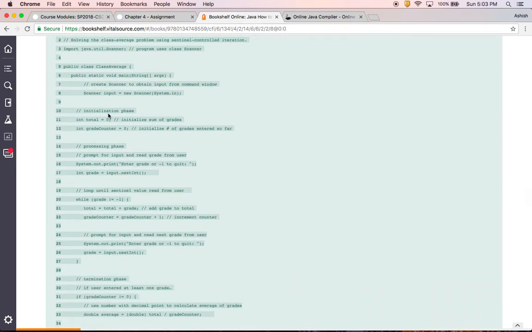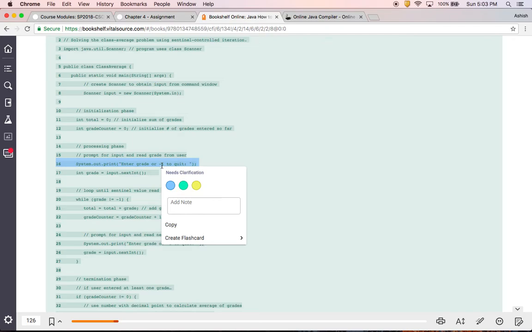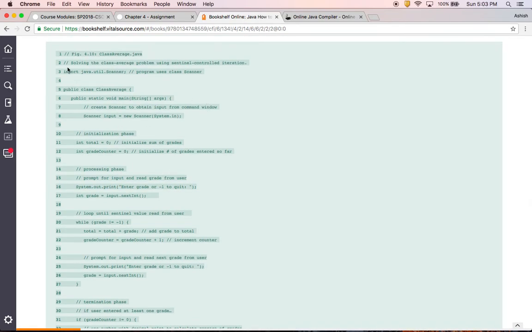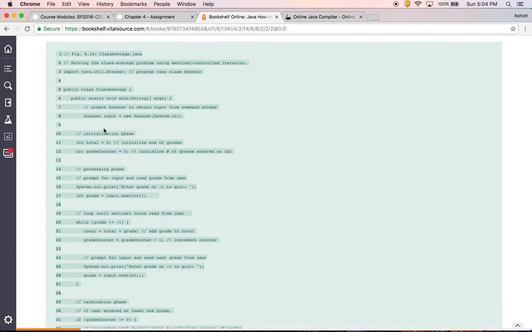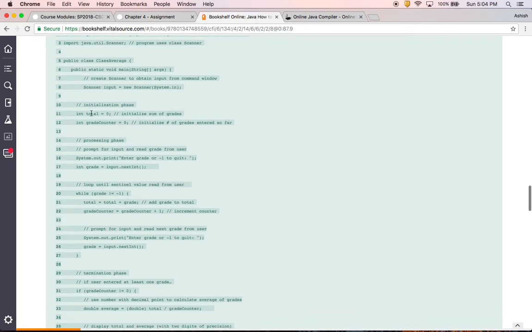And here is the code for that. We are going to say enter grade or -1 to quit. So we are having a very simple code here. We have import java.util.Scanner, public class Average, public static void main, and all of the code is written inside the public static void main or the main method, if I may call it that way. We're having a scanner instance called input. We have our total given 0, grade counter is also 0,